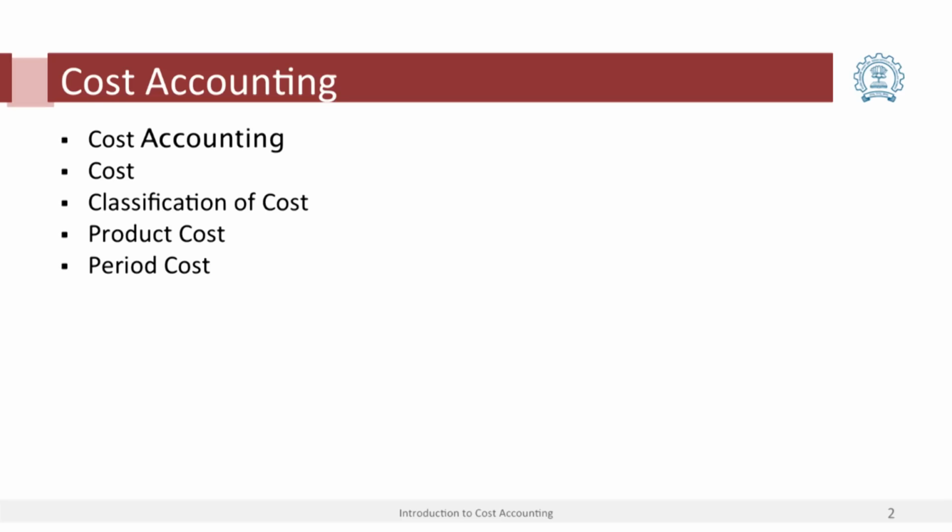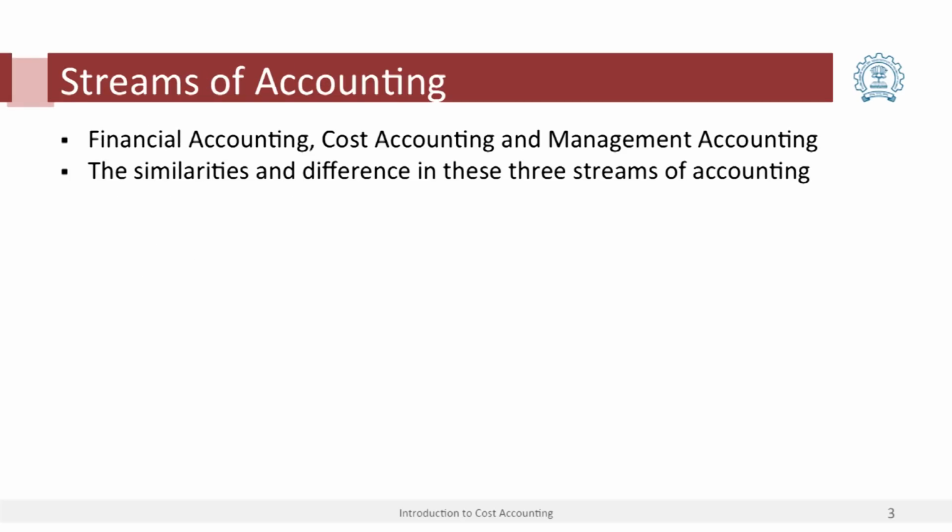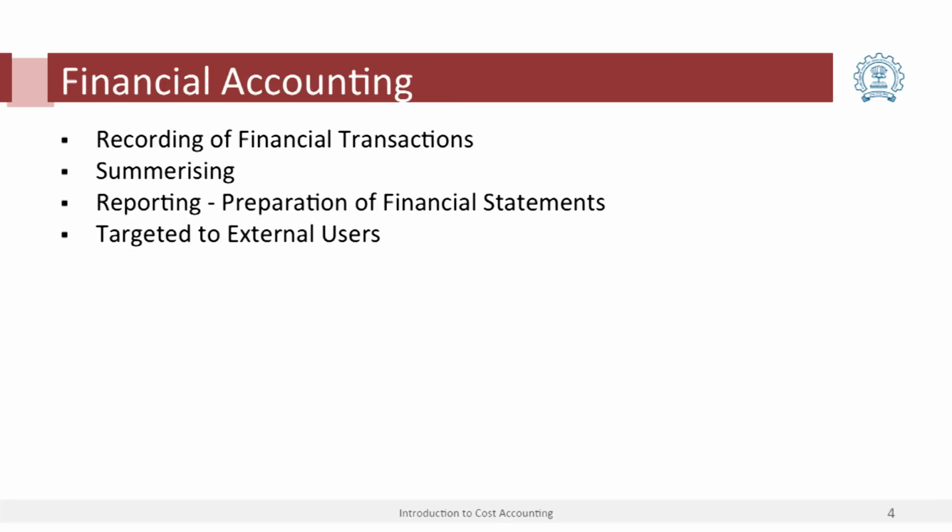Now in this third part, we are going to look at cost accounting, which is a very interesting stream which looks at the efficiency part, which helps in managerial decision making, and it is mainly targeted to the internal users. So here we are going to discuss what is cost accounting, what is meant by cost, how do you classify the costs. We have already seen financial and cost accounting, a very brief revision.